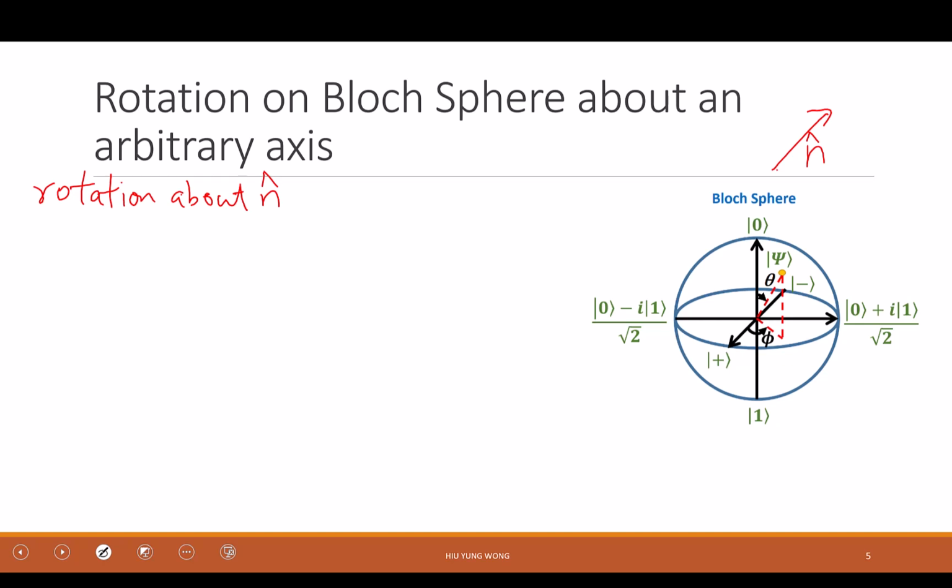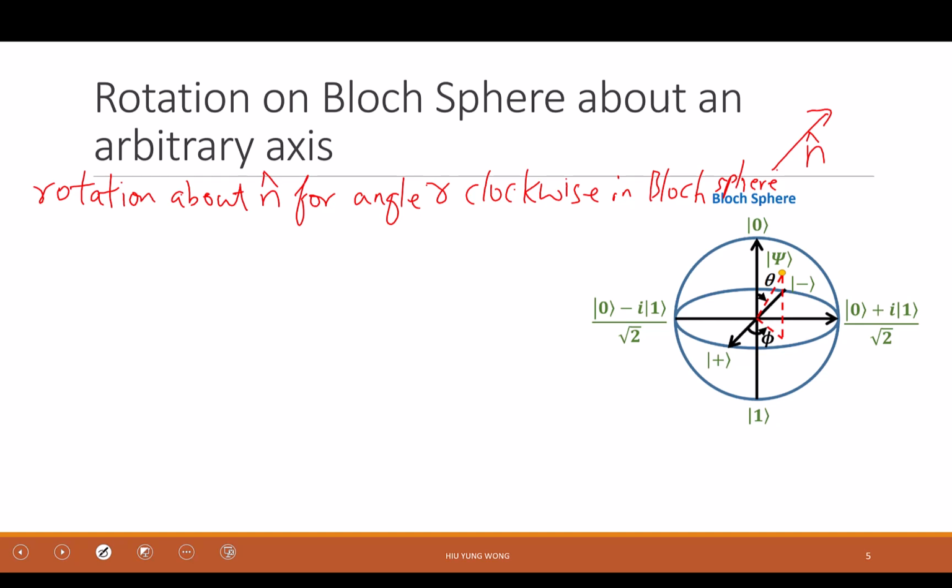So about the Bloch n for an angle, let's call it gamma. This is an angle, and assume it is clockwise, in the Bloch sphere. So I have this state here, and then you give me an n, any n. For example, if the n is pointing vertically, and I want it to rotate by gamma degrees about this axis, what should be the